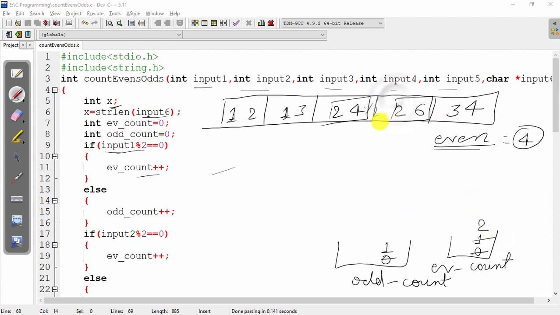Now again we will check the condition for 26, so 26 modulus 2 equal to 0, so the condition is true, so we will again increment the even count. And here again 34 modulus 2 equal to 0, so we will again increment the even count. So here we can see that there are 4 even numbers, so our function should return 4.